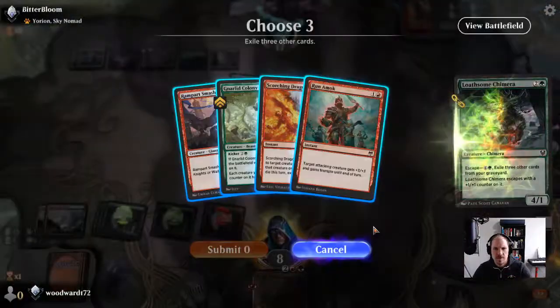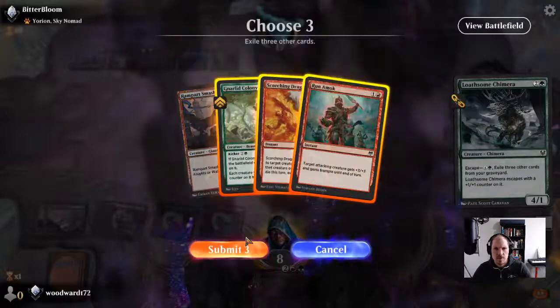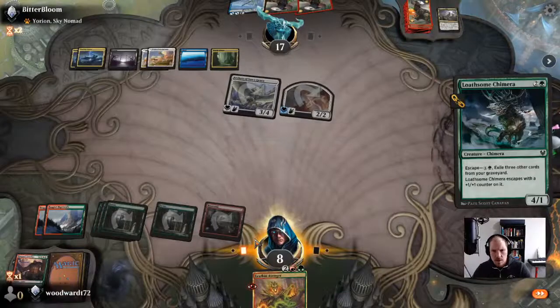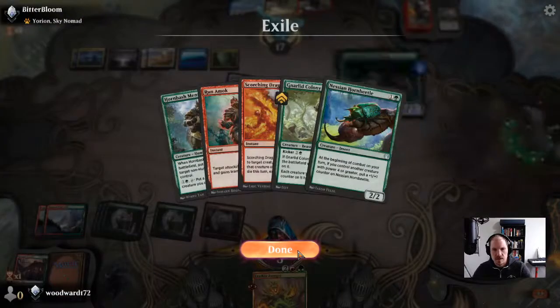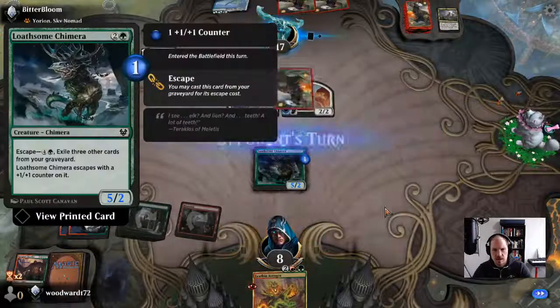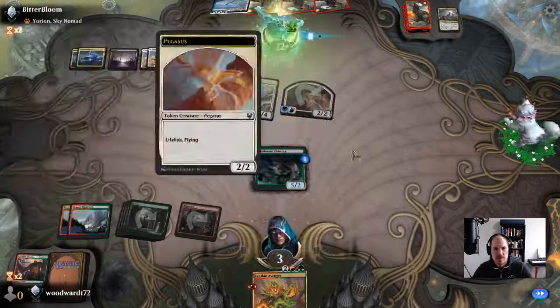Play the most expensive thing we have. Get rid of 3 cards. In some decks, it matters which cards you get rid of from your graveyard to exile, but in our deck, it doesn't really matter. Now, this is a 5/2. It does just trade with the Flyers, but...